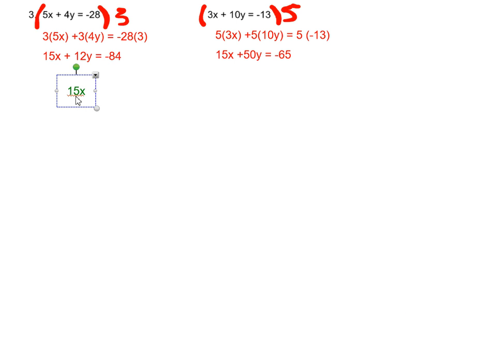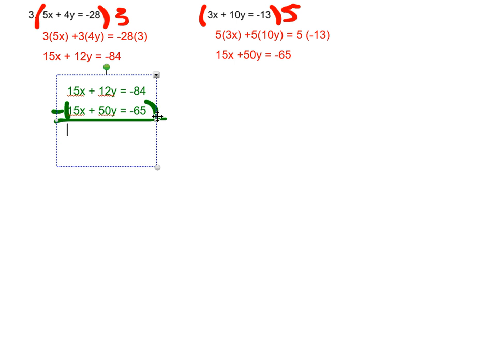So I'm going to go 15x plus 12y equals negative 84, and I have 15x plus 50y is equal to negative 65. Now I am needing to determine if I'm adding and or subtracting these two things. So when I do this, I need to get a 0 here, so I'm going to have to subtract them. So this is going to go in brackets because it needs to subtract the whole thing, just like we would in numbers. So when I'm subtracting, I wind up getting 15x minus 15x is 0x